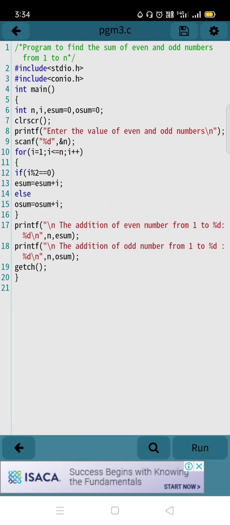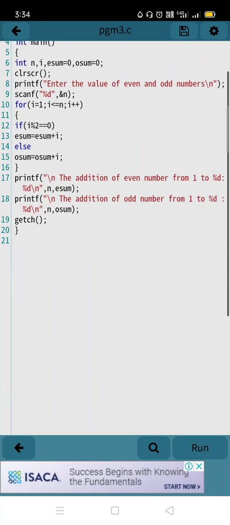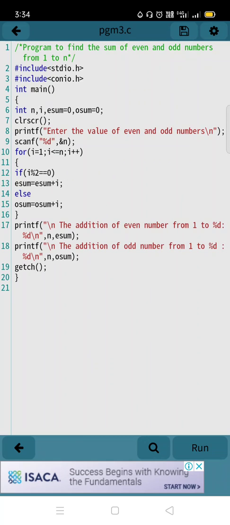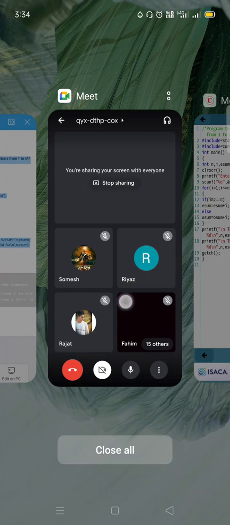If you take that mod symbol, then you are going to check the remainder. If you take a division value, then you check the quotient, right? So here you are not checking the quotient, you are checking the remainder. If you take mod, the percentage, then you have to see the remainder. Okay.